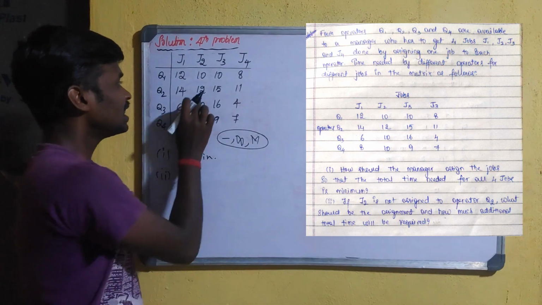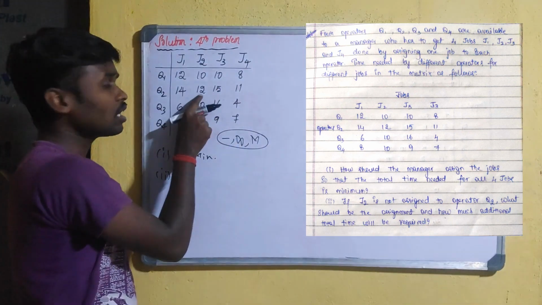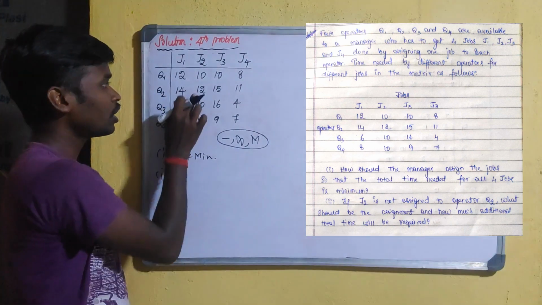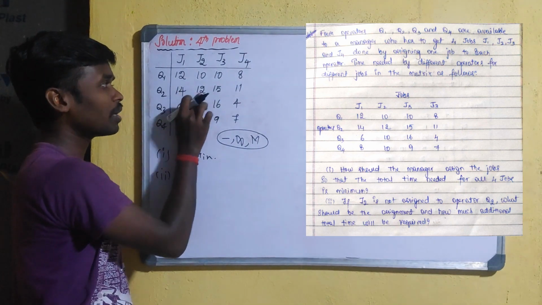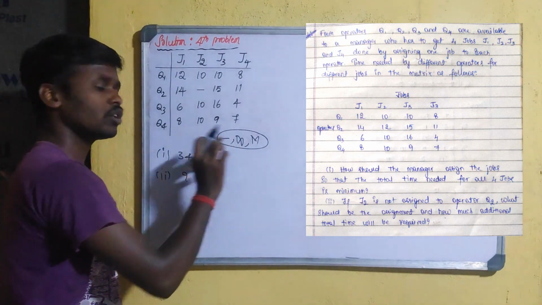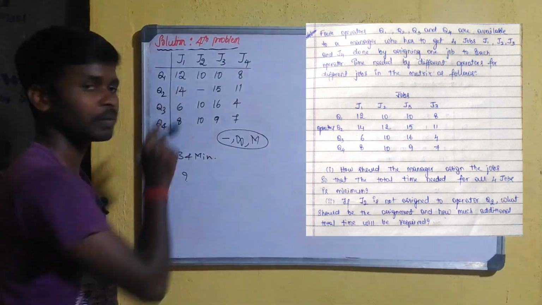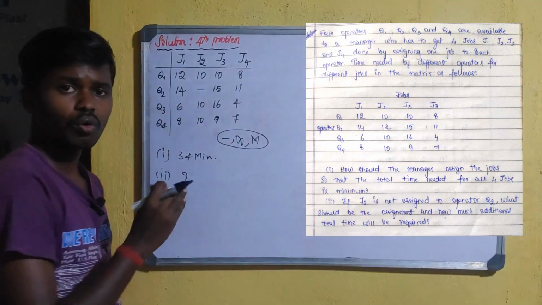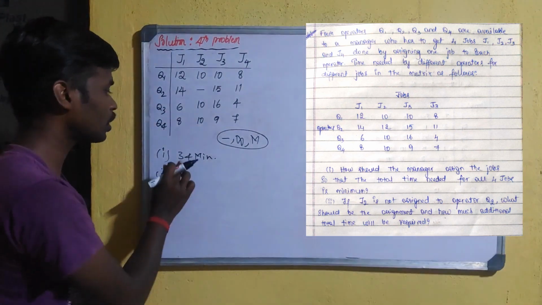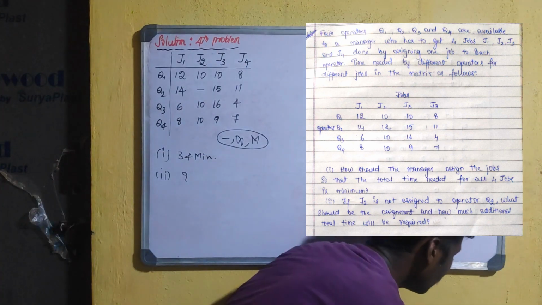So in this, according to the second condition, J2 is not allocating this 12 minutes to operator Q2. So in order to prohibit this 12 minutes, I am going to use hyphen symbol, or you can use infinity symbol, or you can use M symbol to prohibit that particular cell. Now you know what is the next step. So according to step by step, you have to calculate the total optimal time. Okay, see what is the first step?